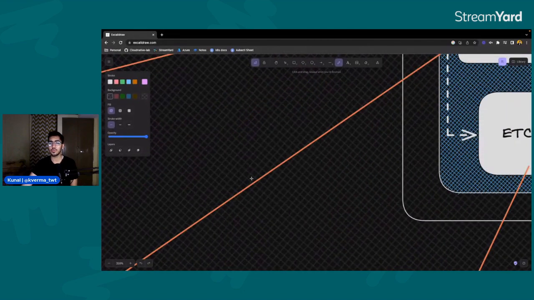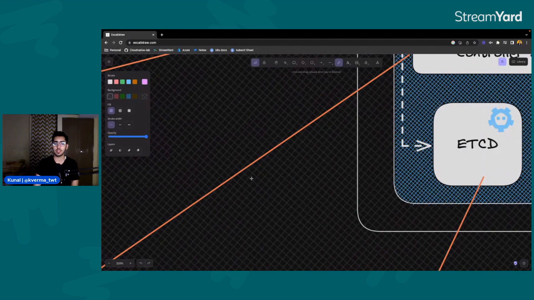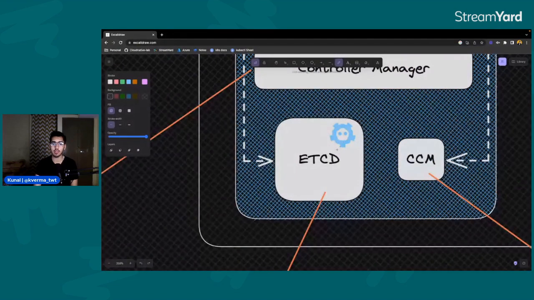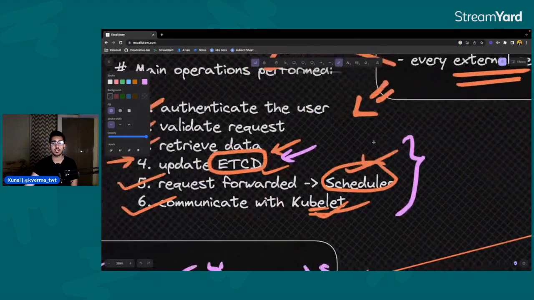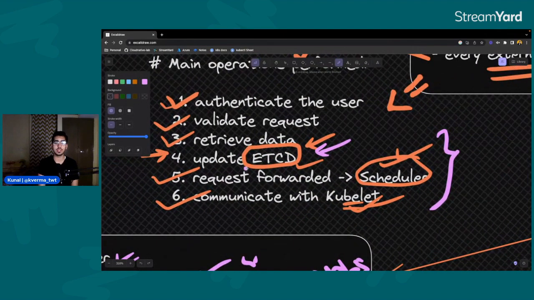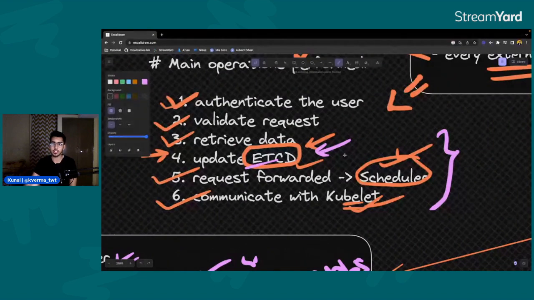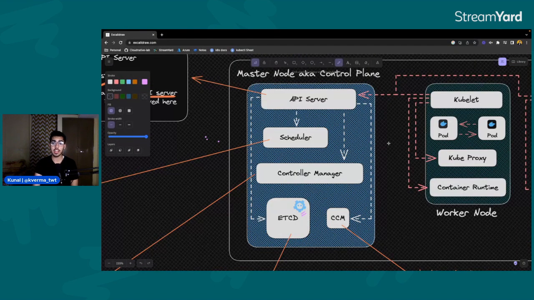I hope you were able to clearly see why etcd is so important, and this is the icon or the logo of the etcd project. Now I think you'll be able to figure out the etcd part of this particular stage: updating the etcd, so the cluster related information is updated onto etcd itself. Again, an important point to note is that the API server communicates with etcd, and etcd can communicate back to the API server if any issues happen or invalid data is being stored. This is again a point to note here.